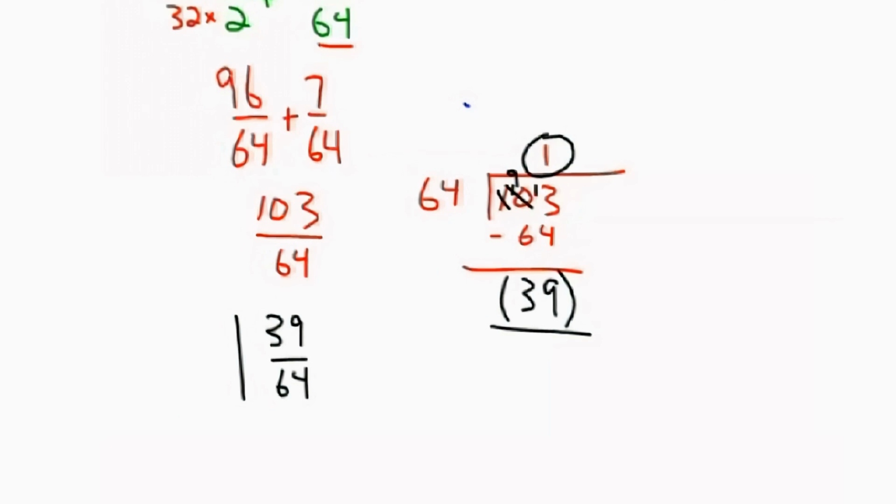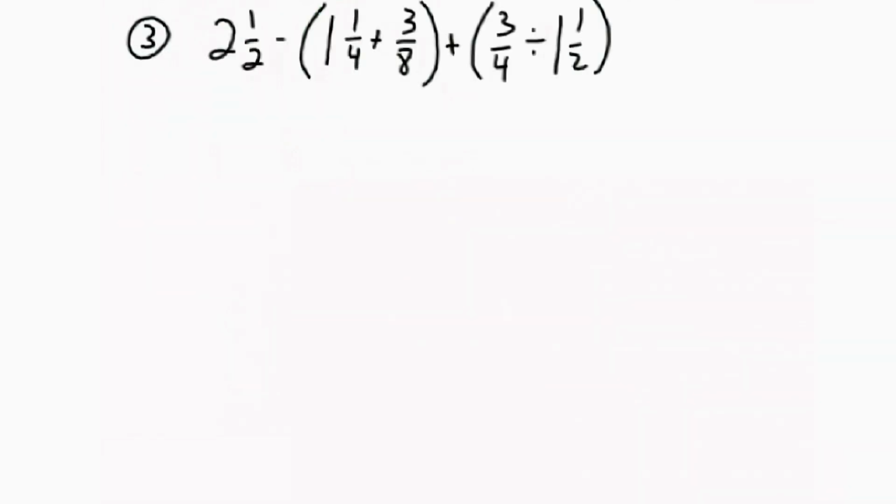And for the last example, let's make it even a little bit more complicated. Now we've got 2 sets of brackets with a division and an addition. So again, our first step is to convert all of these mixed fractions to improper fractions. So 2 times 2 is 4 plus 1, and I'm going to spread things out a bit here, is 5/2 minus 4 times 1 is 4 plus 1 is 5/4, and we don't have to convert the 3/8